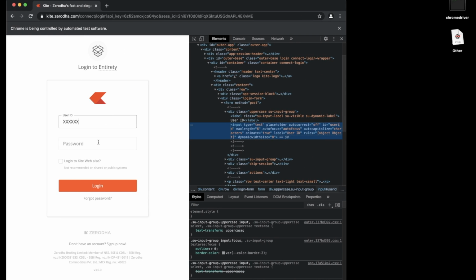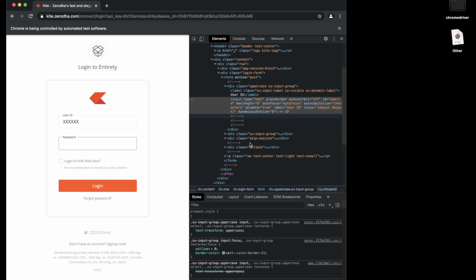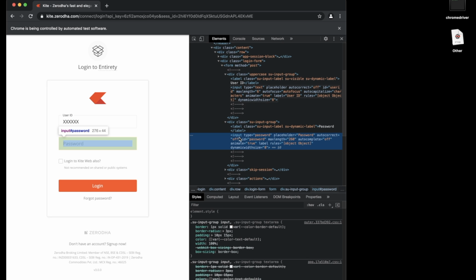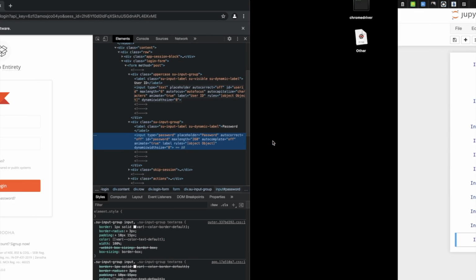We'll do the same for the password part. If we search over here, we can find the password placeholder in the same format: the input, the type, text and password. These two are almost the same, only the text and the password are different.